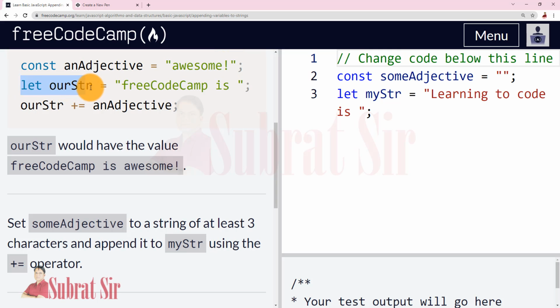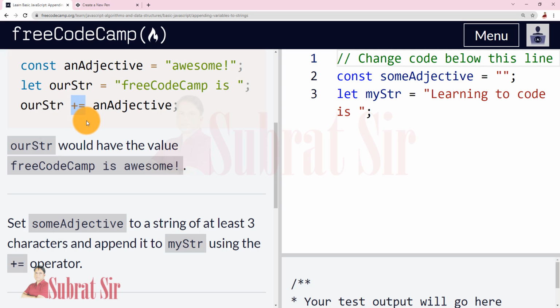Let outStr, a new variable, equal "free code camp is", and then outStr plus equal means we are writing outStr equal outStr plus an adjective. So equal that variable plus a new one can be written as plus equal.